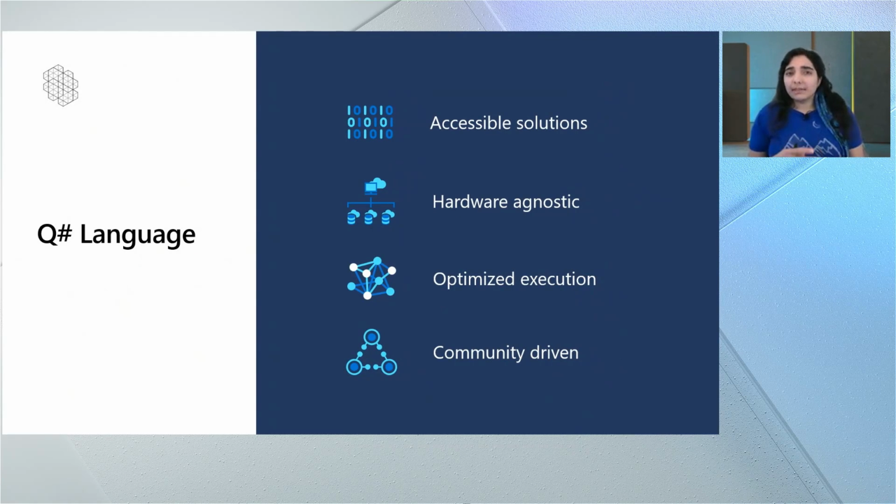Now, before we jump into the demo, I'd like to take a minute to try and summarize some of the passion and the vision that went into building Q# and still goes into developing it. First and foremost, Q# is meant to make quantum solutions accessible and shareable across disciplines. Now, we at Microsoft Quantum are a diverse, multidisciplinary team, and we want to enable others to collaborate across disciplines in the same way that we do. So we spent a lot of energy to make it easy to build on knowledge and share ideas independent of background or education.